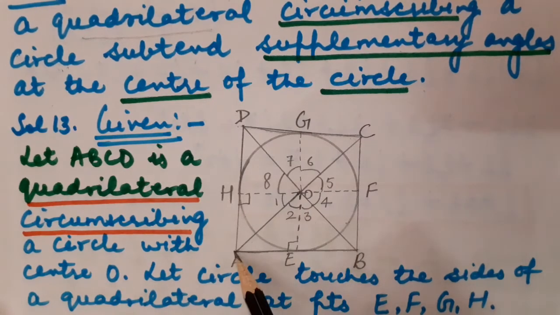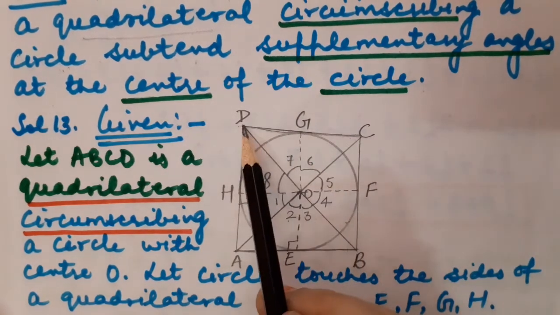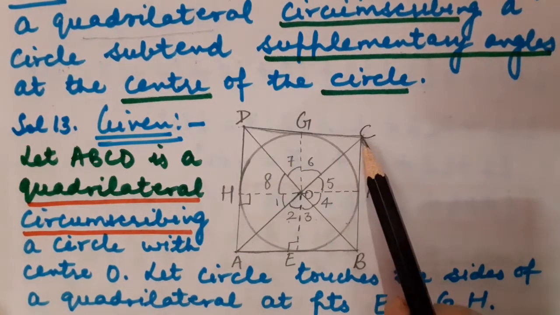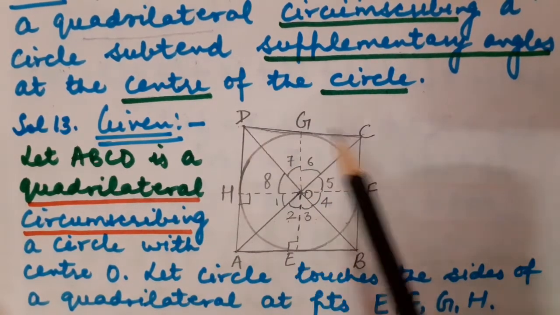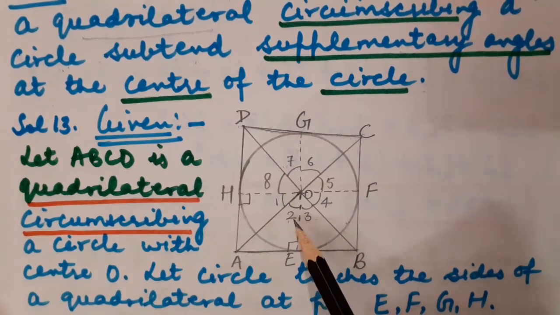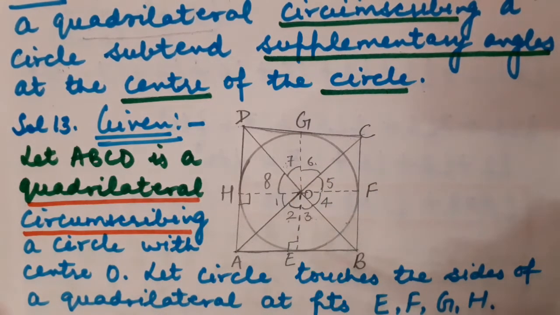AB is subtending angle AOB, that is angle 2 plus angle 3. In the same manner, the opposite side of AB, that is CD, is going to subtend angle COD, that is angle 6 plus angle 7. So what we have to prove is that angle 2 plus angle 3 plus angle 6 plus angle 7